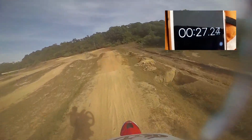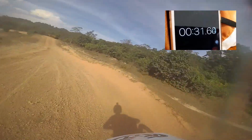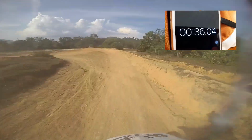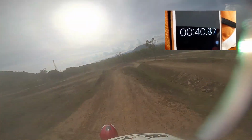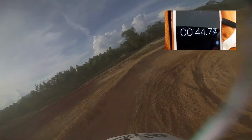And rhythm section, double, so it's like tabletop doubles basically. And then a bigger tabletop here, let's not jump into the excavator, and then small turn 90 degree, and then bigger tabletop here, small whip, and then bowl turn,